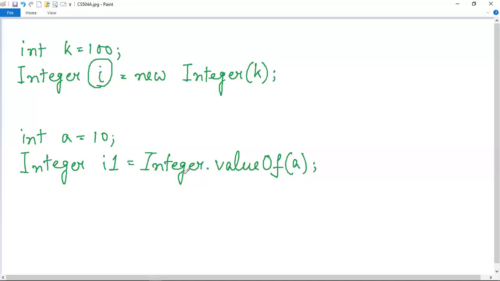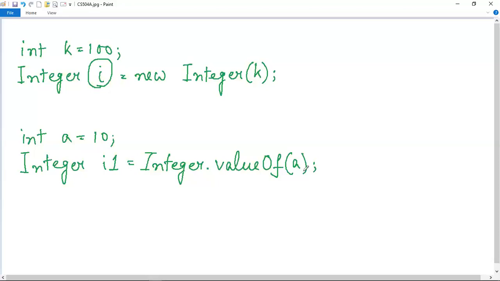That's why we are using this Integer class name here, because this method is a static method, and we already discussed in our previous lecture that in order to access a static method, we have to use its class name. After that, the dot operator is there, and then the method name, in order to do the conversion from the primitive data type int into an object.